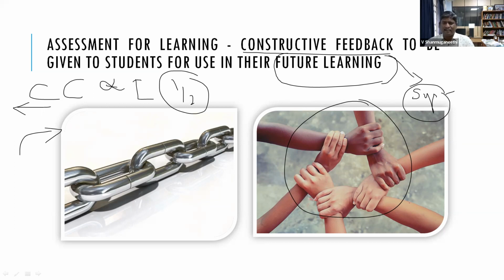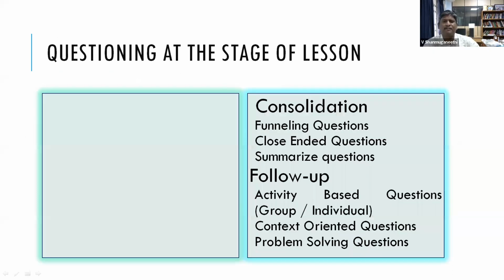Why? Because an individual student adjusts their learning capability. I have to understand where I am good and where I need to improve. So I must understand. That input I am getting from my own teacher, not generically. The teacher is giving the feedback here. Okay, so that way assessment for learning will help the student to adjust their learning, and that will help them to improve in their future learning.